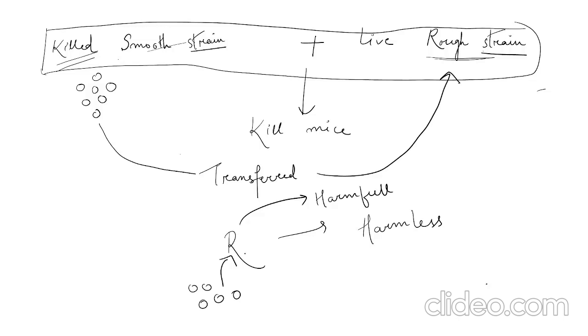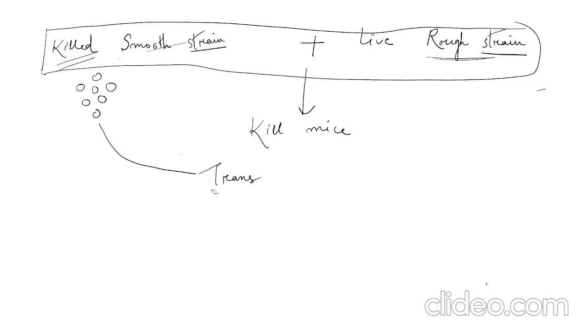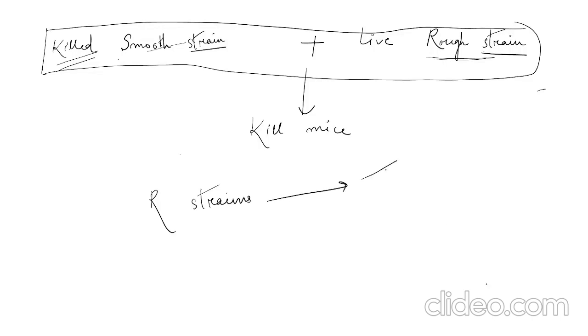So, in other words, he inferred that these R strains were getting transformed